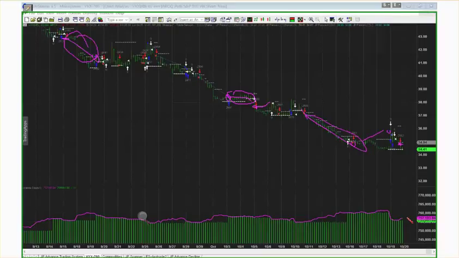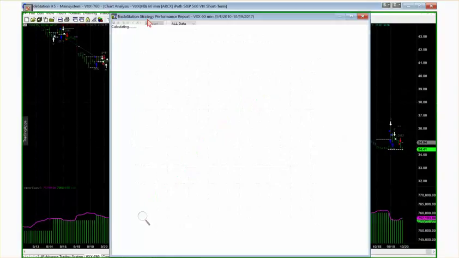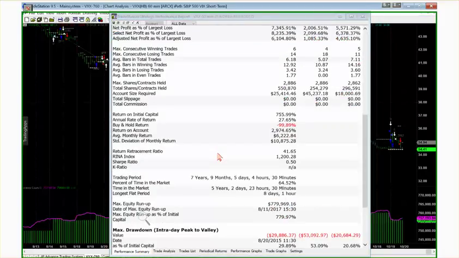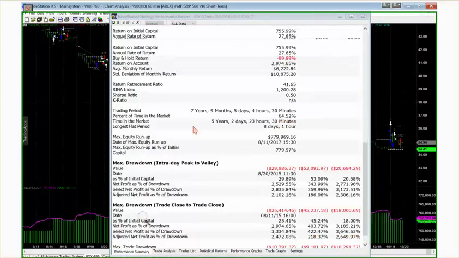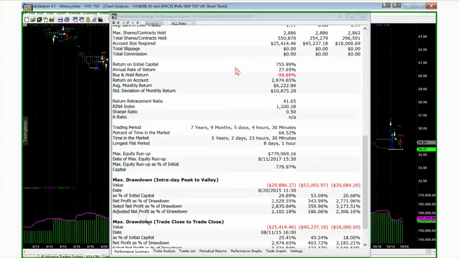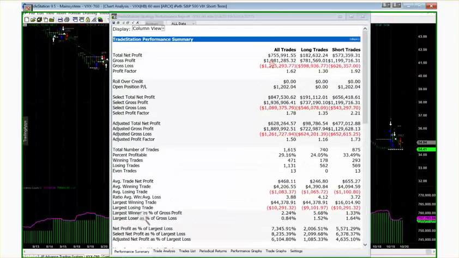But here's the equity curve on this product. And how good is that equity curve? It's pretty good. Just recently we flatlined. We've had a couple flatline sessions, but the performance summary is pretty decent. For a lot of you guys and ladies and gentlemen who understand system trading, it's not bad. Sharpe ratio is over 50 right now. The RINA index is off the charts, 1200. Drawdown factor is pretty reasonable for the amount of equity needed to trade and its position sizing. So it's a pretty stellar, robust product or trade signal.